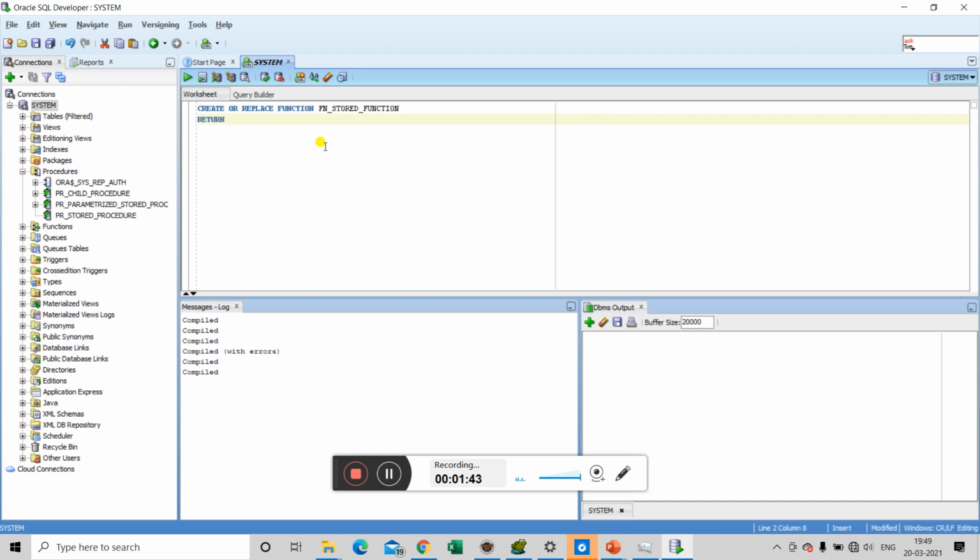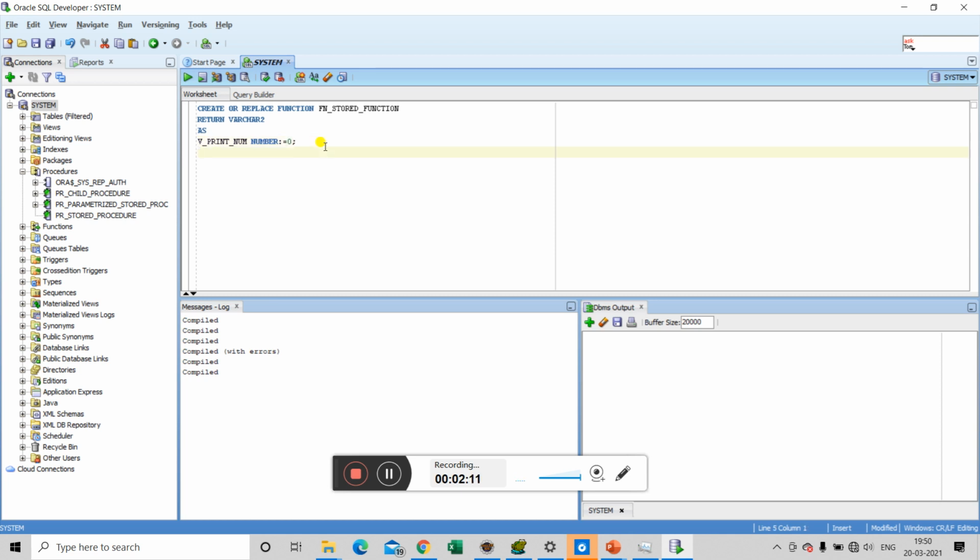Let's take an example where this function returns a varchar value. Then there starts a declaration section in which we declare our variable. Here we will declare a normal variable called print num of number type, and its initial value will be 0 only.